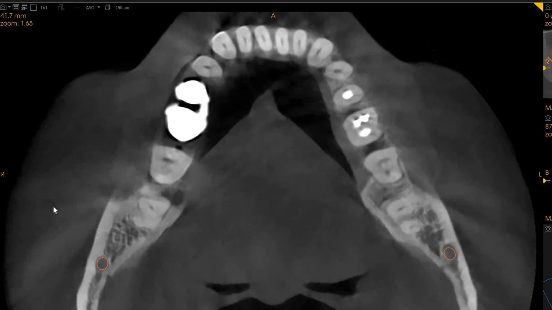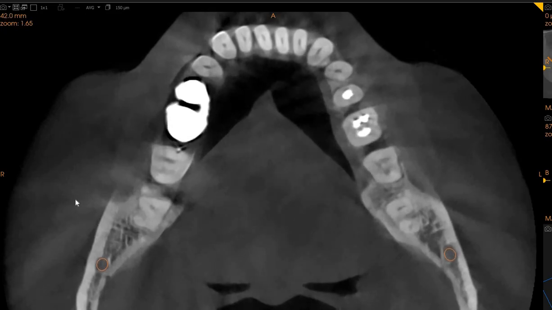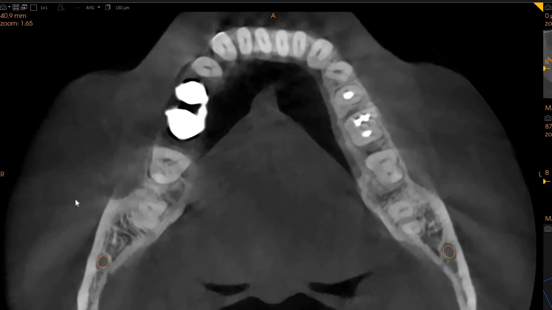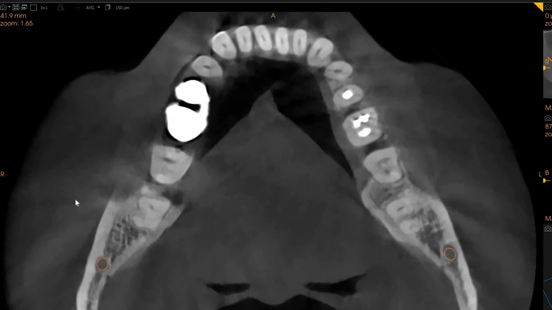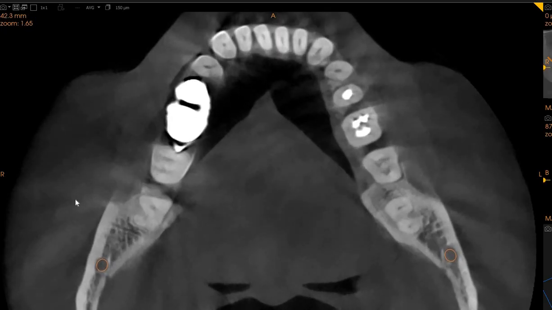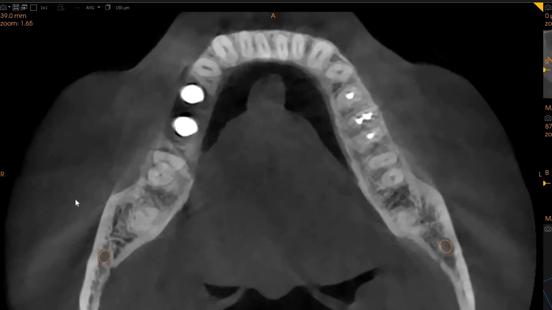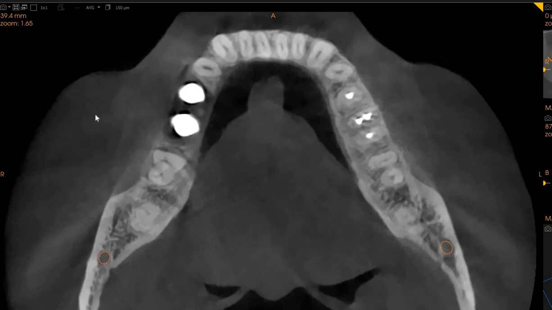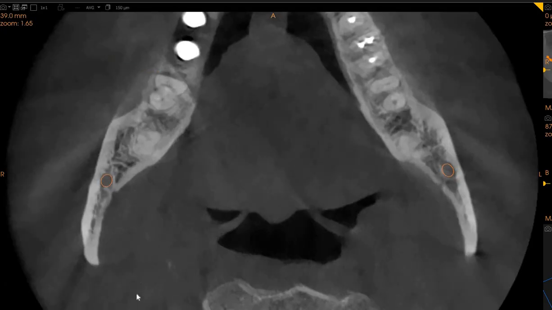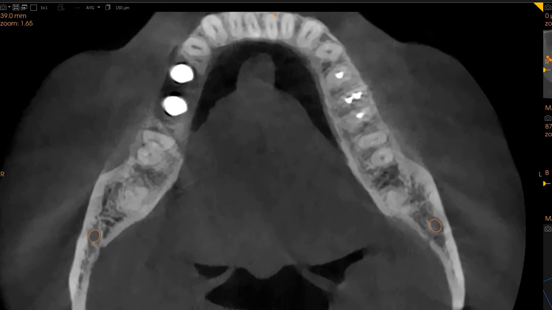Starting with the lower right side, which is this side. So we've got two teeth in question, the 7 and the 6. Now the 7 does not show any signs on occlusal view, no PDL widening can be seen. Slight bit of a periradicular radiolucency on the mesial aspect. Nothing very significant. We'll match that with the